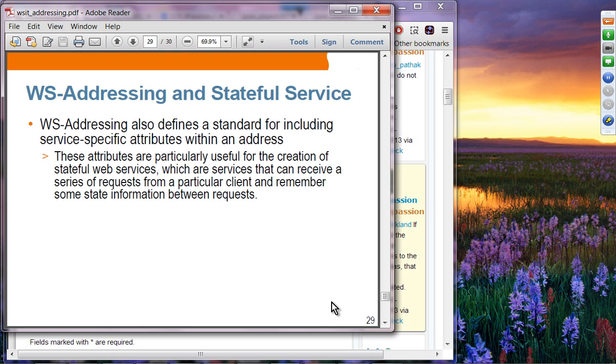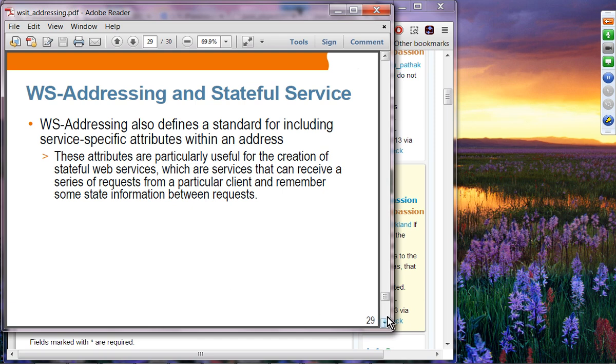Now, by using WSIT addressing, it actually gets easier because WSIT addressing also defines a standard for including service-specific attributes within an address. So basically, these attributes could be used for specifying some state. Okay,